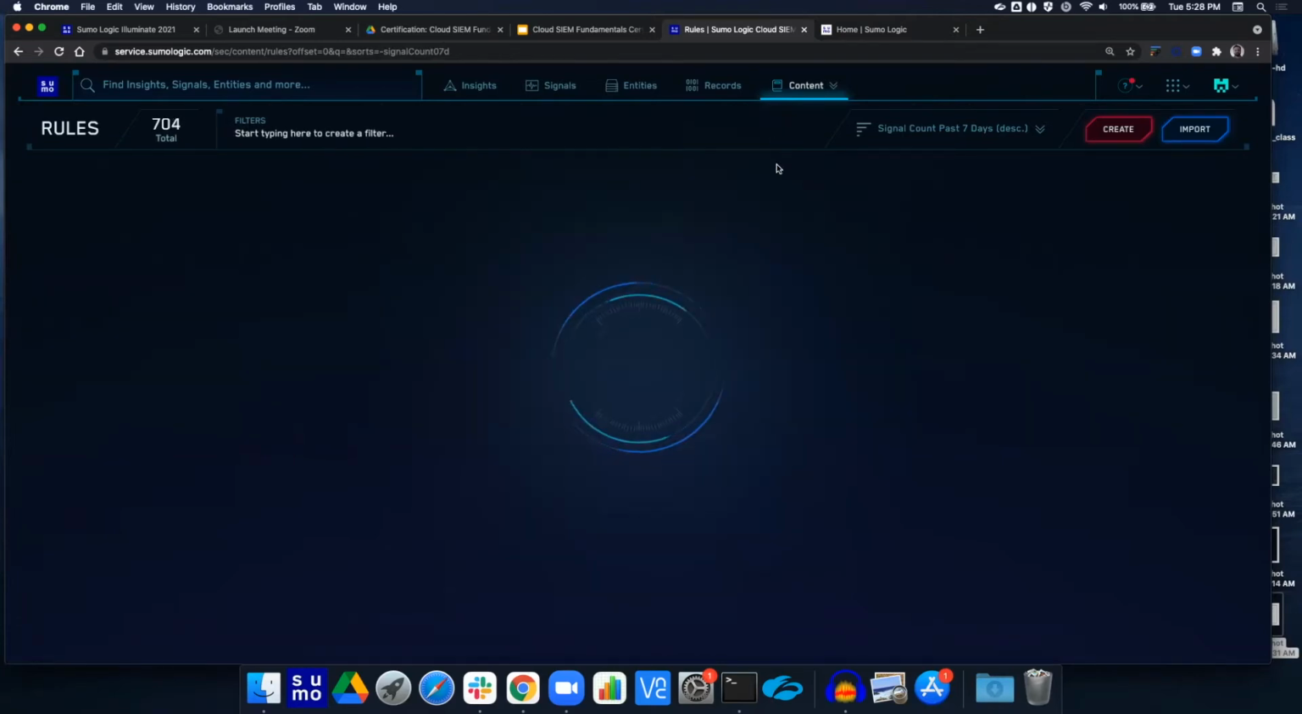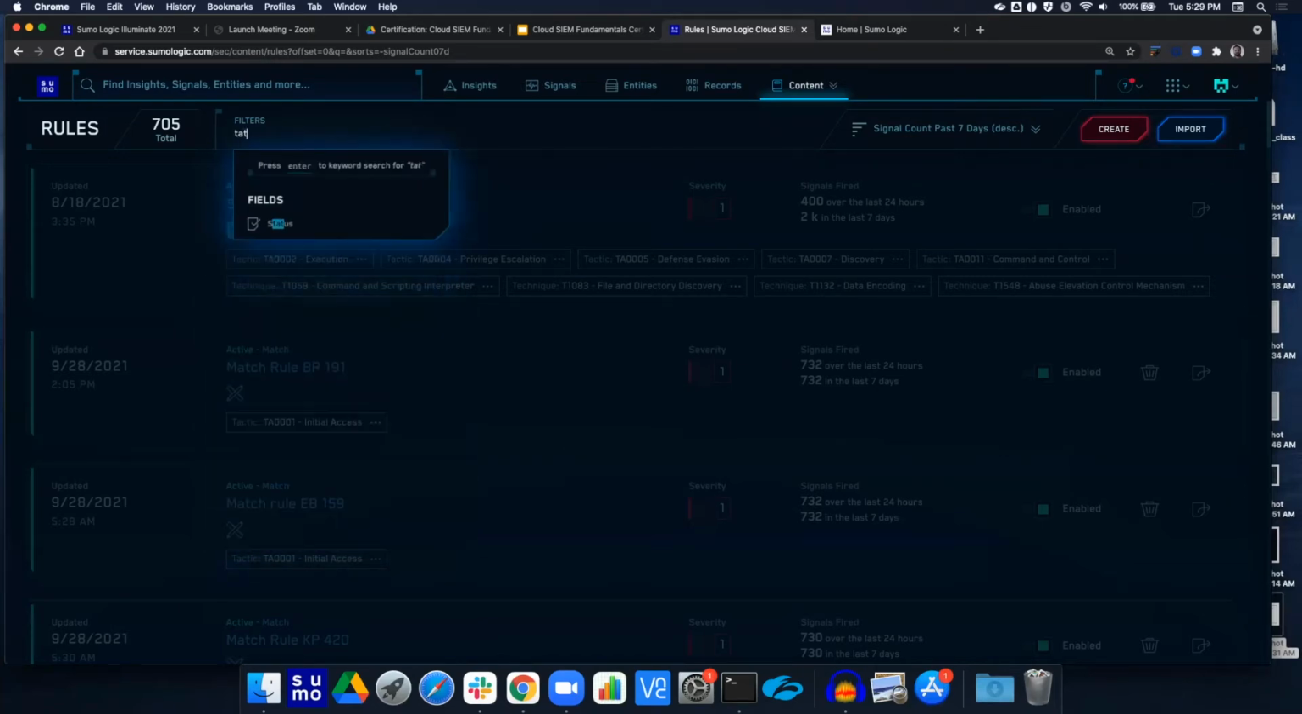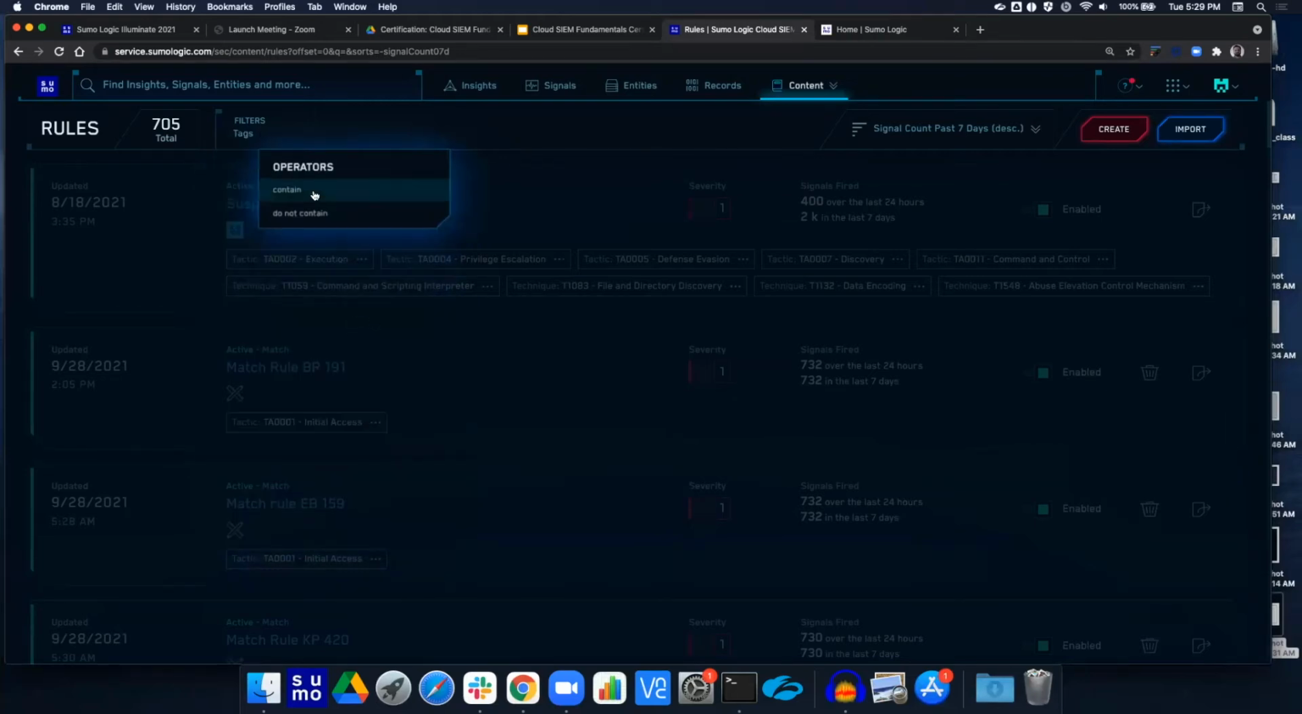And then finally, let's look at that 3C. We'll talk about tactics in a little bit. But if we wanted to find how many rules detect the persistence tactic, we can just do persistence. Let's see, tactic contains